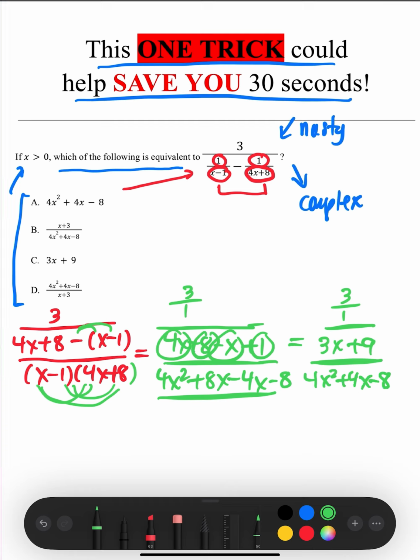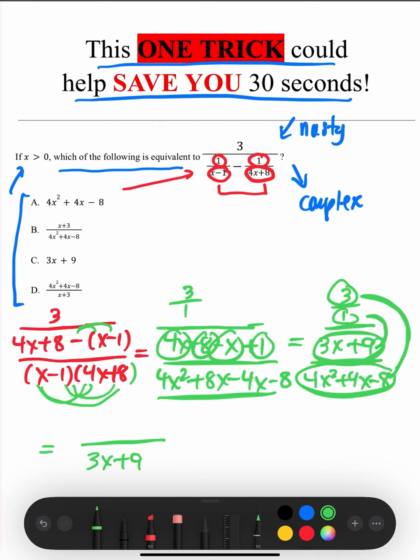Now, at this point, this is where it starts becoming, this is called the ear method, or I like to call it the ear method. This inner part is the inner part of the ear, and this outer part is the outer part of the ear. The inner part of the ear gives you the denominator. So 1 times 3x plus 9 is 3x plus 9, and this trinomial times 3,